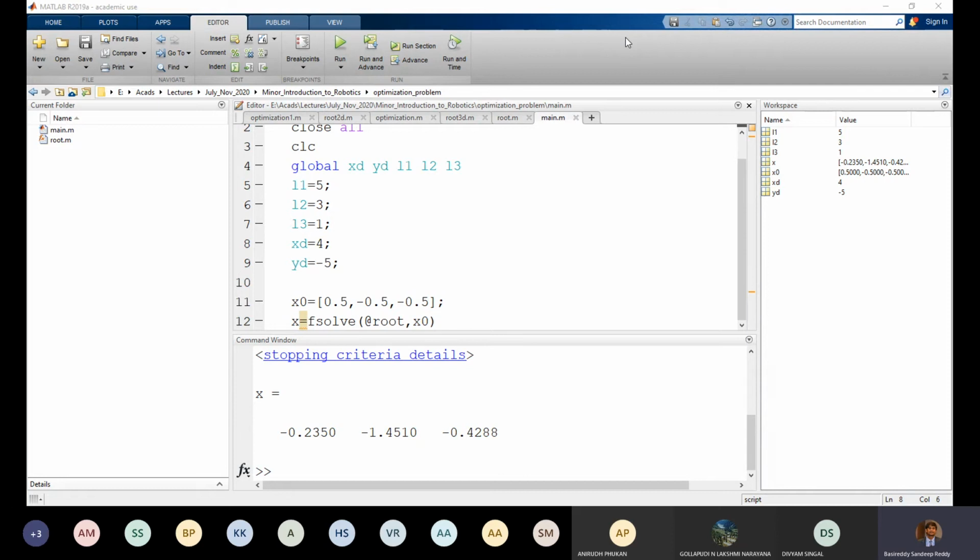Yeah. How many have finished? Sir, mine is showing an error in the F1 line. Just can you share your screen?